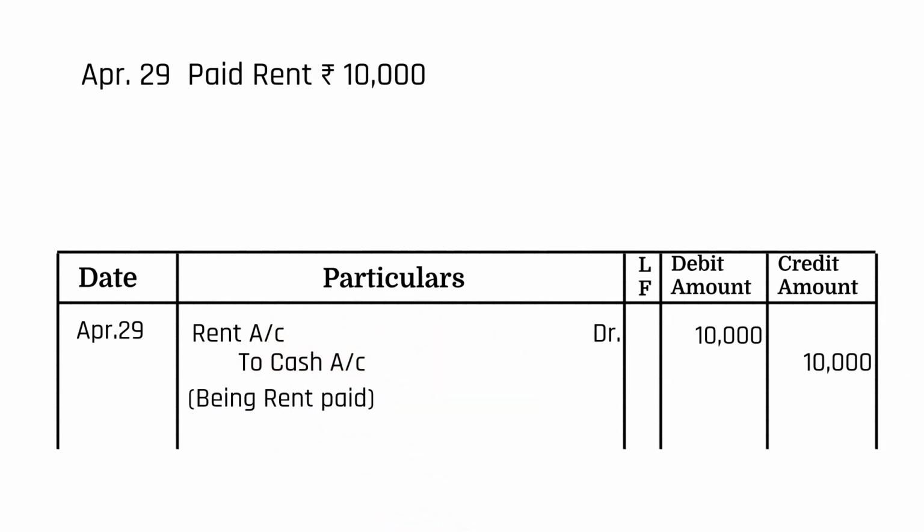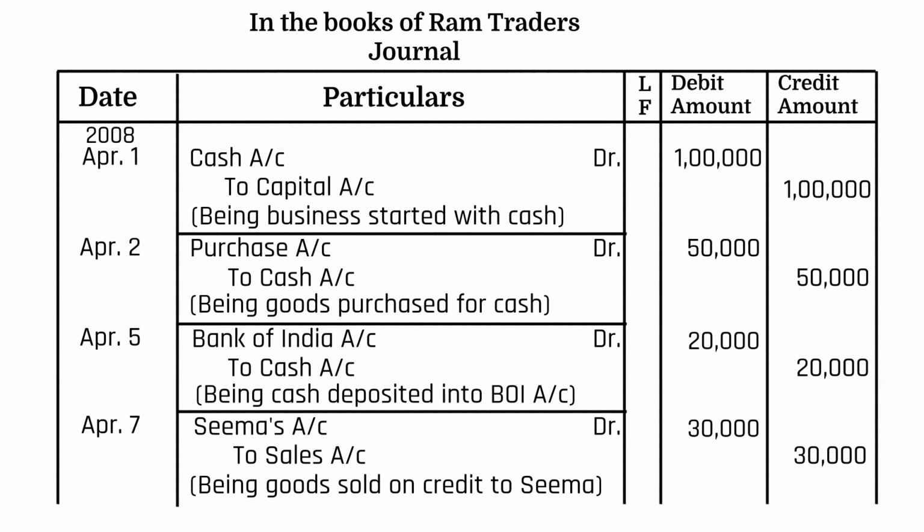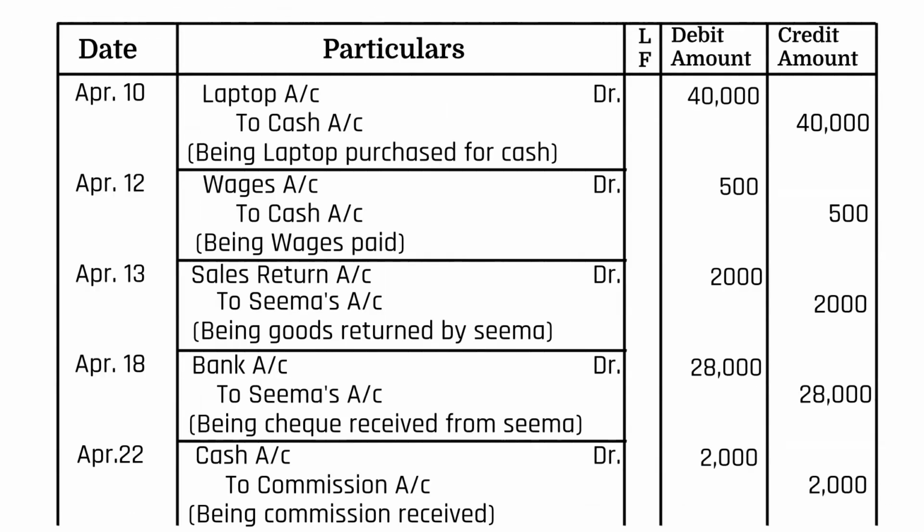So the actual journal looks like this. Always start with the statement "In the books of" so-and-so, whatever name is given to you. Then the heading Journal. Year at the top in the date column and transactions in chronological order. Account debited has a Dr. written on the right of the line and account credited starts with the word "To". Debit amount and credit amount go in their respective columns. Always write the narration and draw a line after every narration.